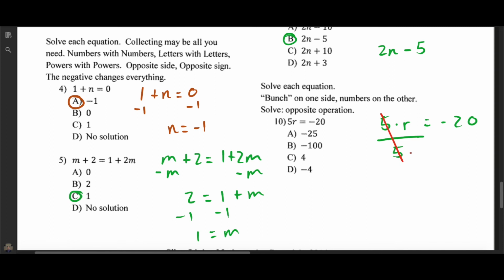When we divide by 5, guess what? Those 5's cancel out. We're going to divide by 5 on this side here. And so you get r is equal to, well, if we have a negative divided by a positive, that's going to be a negative as well, negative 4. And so our answer is going to be